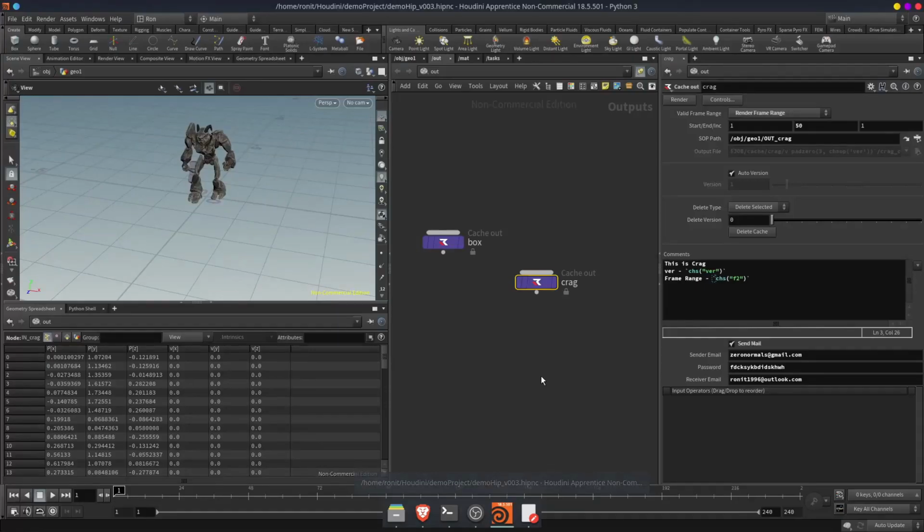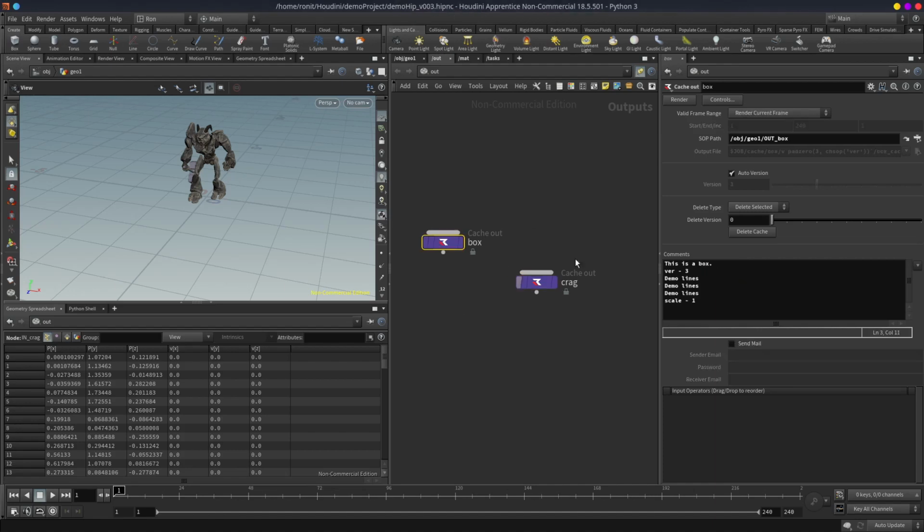Now one thing I don't know if you have noticed or not, I actually saved a version of Krag, but my file is version 3. So how is this thing working? How is the file version working? So the file version works in a way that your file will upgrade a version only if your cache version exceeds the file version. That is, Krag here has version 1. It is not more than version 3. So that's why my file is stuck to version 3. It is locked in version 3 only.